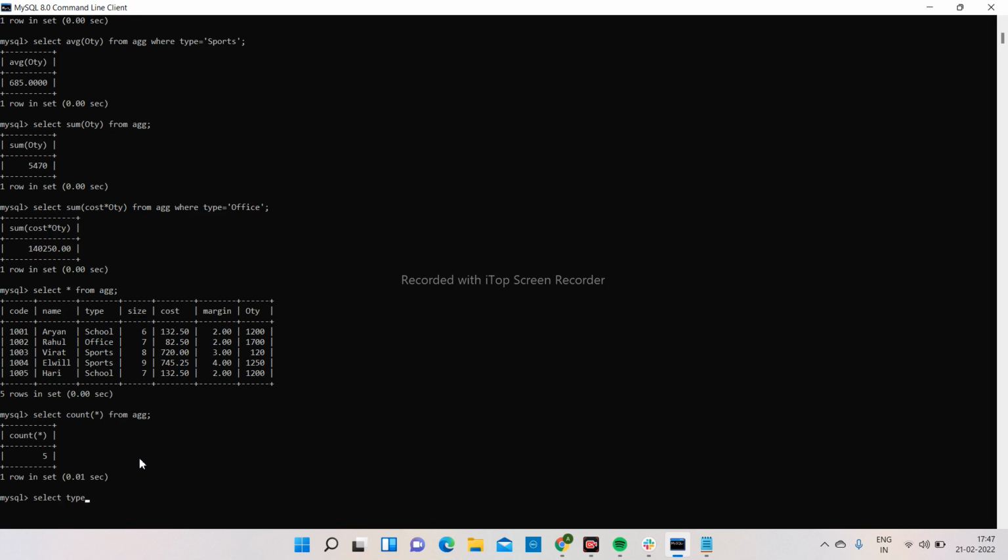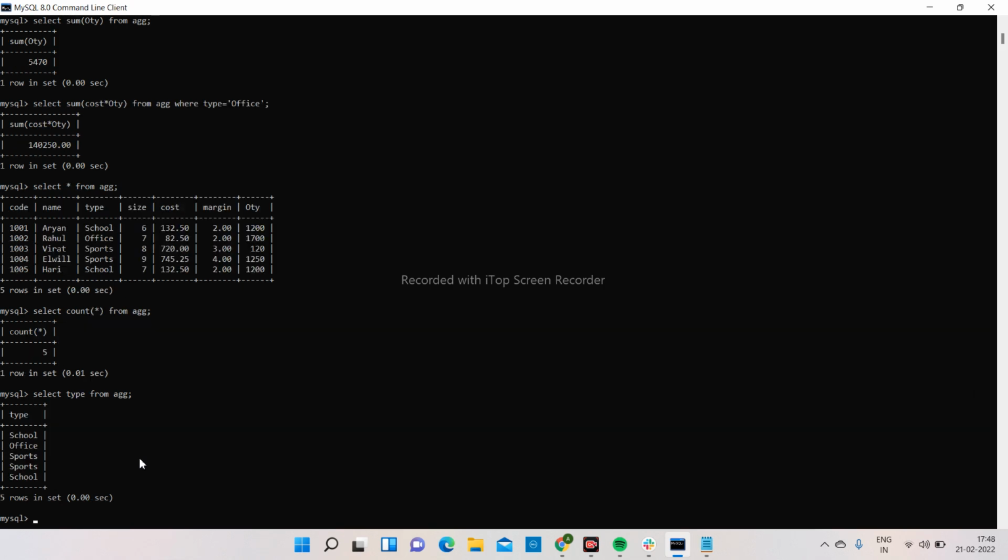First we will see select type from the table AGG. There are school, office, sports, school. So there are total three types only. School and sports are duplicates, so they are repeating two times. If I want to display only the types which are distinct, or unique, we know that we can do this with the keyword distinct. I already told you the use of distinct in part 2. So you just need to write select, the keyword is